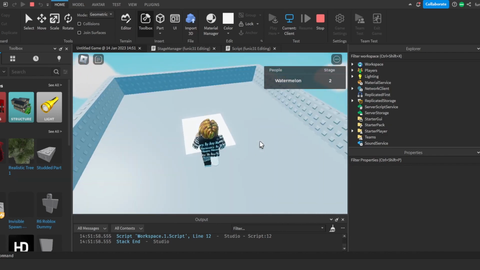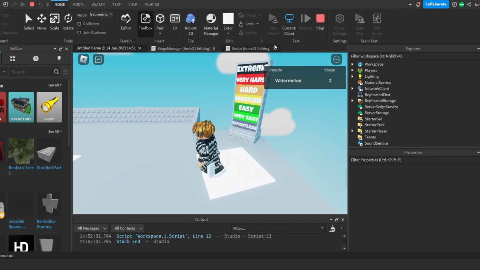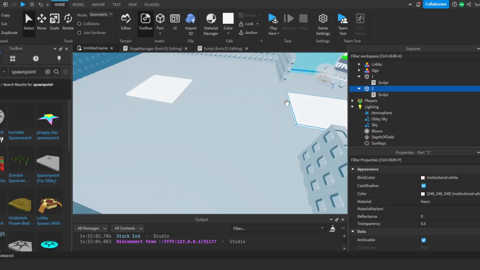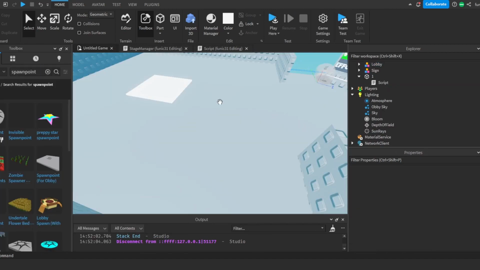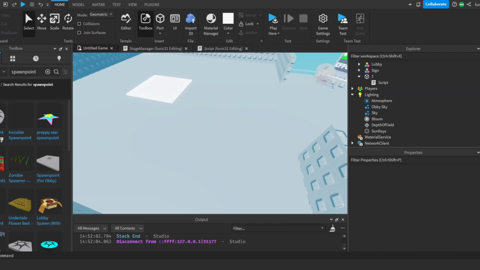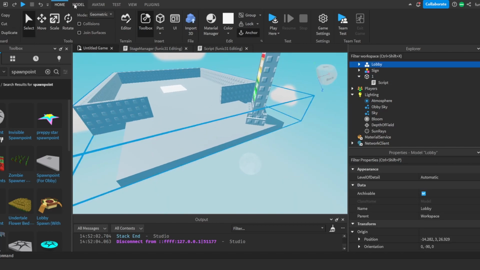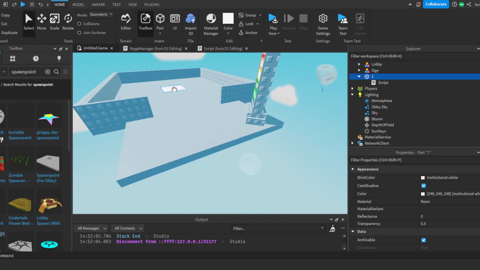So now it works, and it doesn't go back down, so we can't go back to stage 2. Now we're gonna make it so that we can respawn at our checkpoints. So alright, we made the checkpoints work, and we're gonna make our first